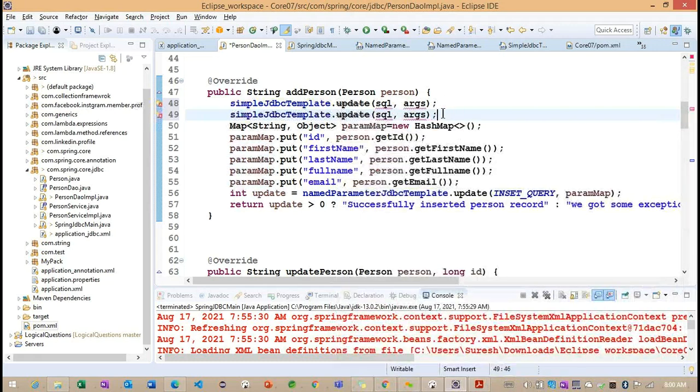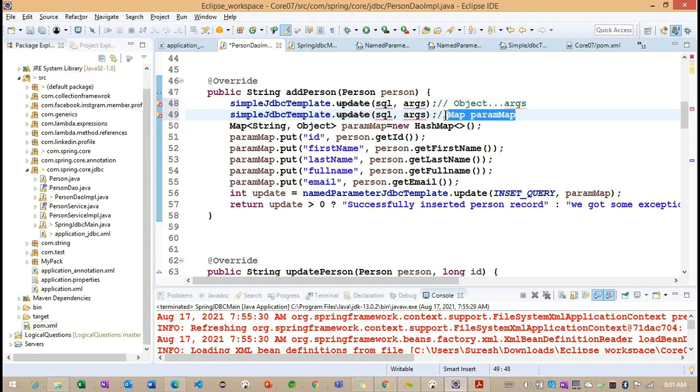Okay. But here, this particular arg is expecting an object, and here it is expecting a map. Getting the point. So this particular object args here, and here the map args, is nothing but the param map. Now what are you understanding? This particular object args is coming from the JDBC template, and the param map is what we just discussed about the named parameter JDBC template. Getting the point.